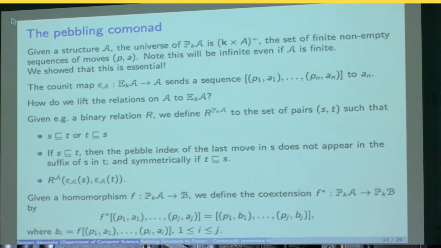By the way, it looks like much of a muchness, but it has some significantly different properties. It's clear that the previous one, which just took lists of bounded length, will be finite if the structure we started off with was finite. Whereas here we're allowing sequences of arbitrary length, so it's going to be infinite even if the original structure was finite. We actually prove that this is essential if we want to have the properties that we require. And this relates to the fact that if you look at that logical equivalence, at all finite resource levels, the elementary one where you bound quantifier rank is an equivalence of finite index over finite structures, and that's no longer true with this